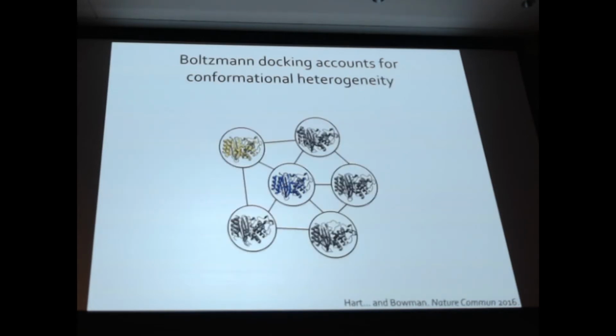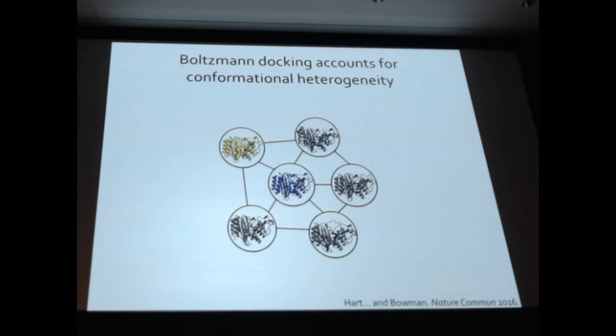So we've also been developing twists on docking, one of which we call Boltzmann Docking. So the idea here is that we're going to take a representative structure from each of these states in our Markov state model. We're going to dock our library of compounds against each of these states to get a docking score per compound per state. And now we also know the equilibrium populations of these states. So we can take a dot product between those populations and our docking score for each compound to get a